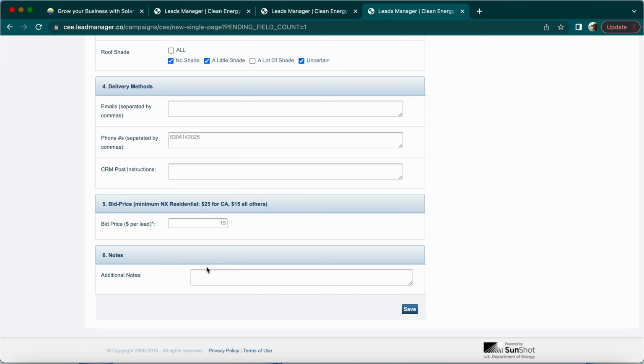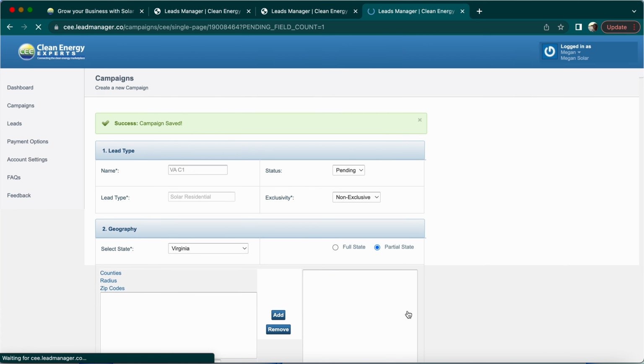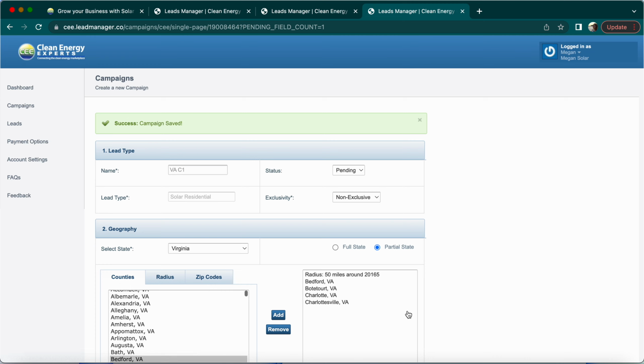And down below, we do have the notes field where we can comment on areas we'd like to exclude or times we'd like to receive leads, but we don't really need that at this time, so we'll go ahead and just save at the bottom, which is always extremely important. Do not forget to save. And once you see campaign saved at the top,